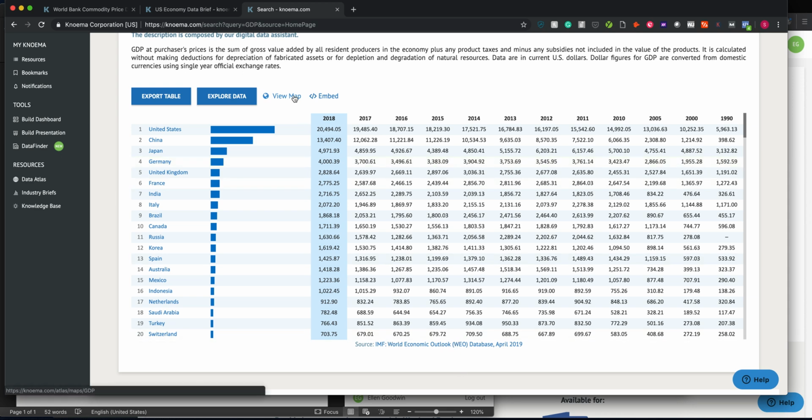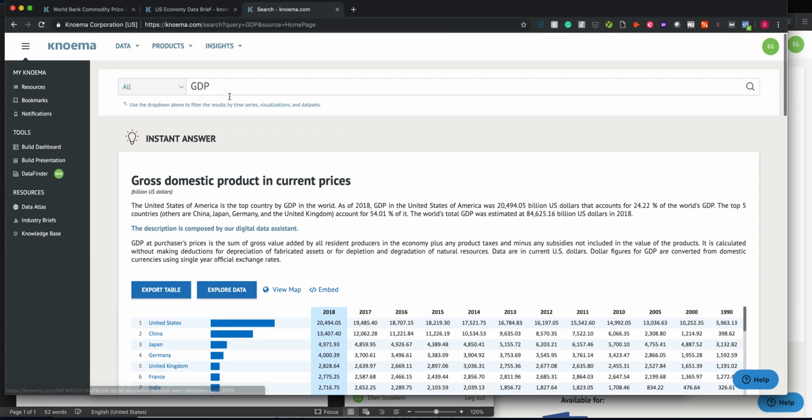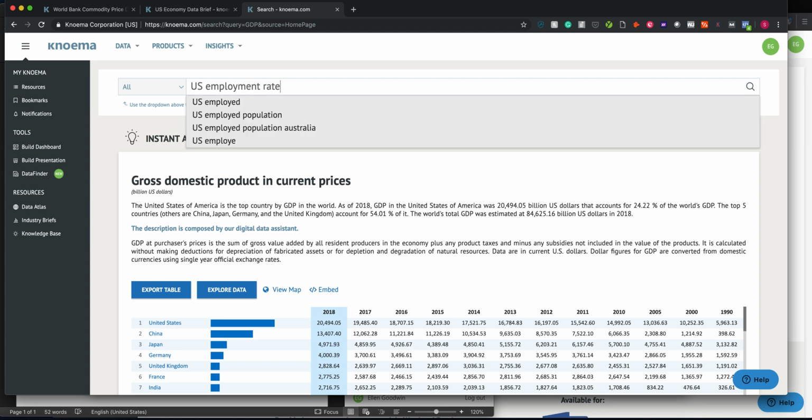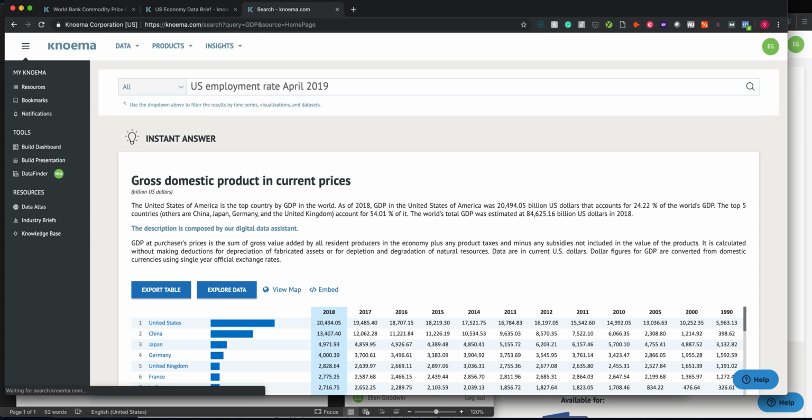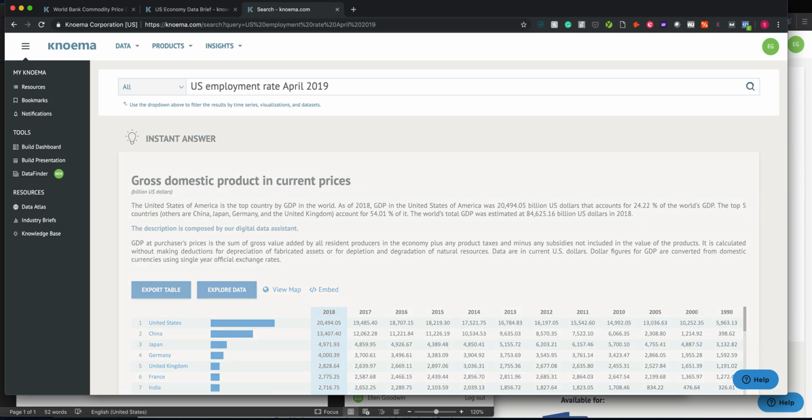You can view it on a map. You can embed this in your own resource, export it, or pop into the data set here as well. The more specific you get on your search, the more specific we're going to get for you. If I look at US employment rate, April 2019, and hit enter,